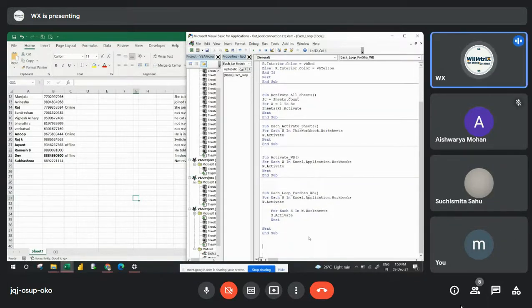Now, I'll try one code here. Of all the workbooks I have, I want to close all the workbooks, but not the workbook where I'm writing the code.